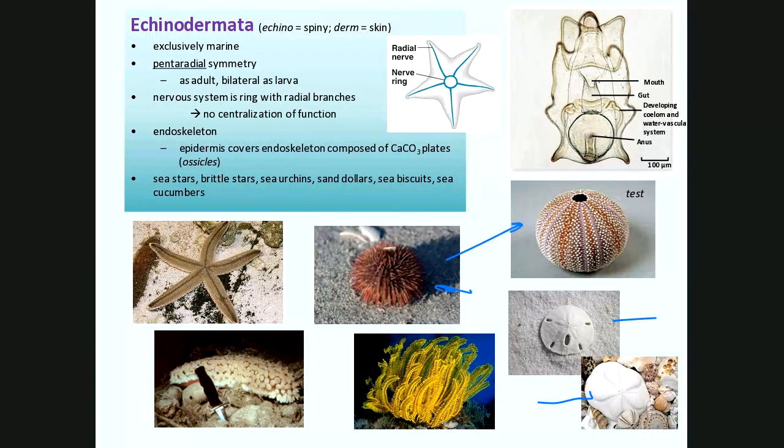Echinoderms are exclusively found in the ocean. They exhibit a special type of radial symmetry we call pentaradial, which means 5 parts to it. And again, sea stars very often have 5 parts to them. So here's the interesting thing about it, and here's where this confusion you might have about relationships comes in. Echinoderms and chordates like you and I are the most closely related as far as invertebrates go.